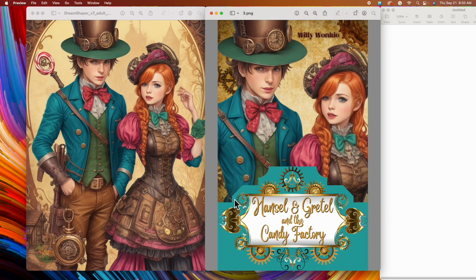Then I still needed to cover up this whole arm situation. Well, I found this really cool decorative sign in Canva. Then I put our book title here, Hansel and Gretel and the Candy Factory, with the shadow so it could stand out. But you couldn't see all these cool gears against the background, against their body and their clothing and things. I didn't want to have a giant rectangle that took up half the book cover, so I just searched